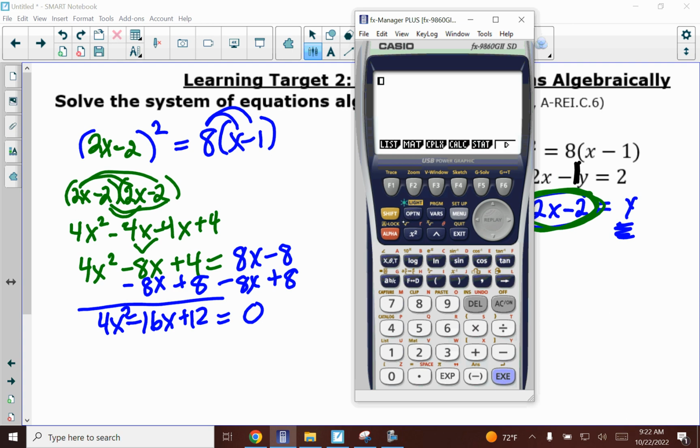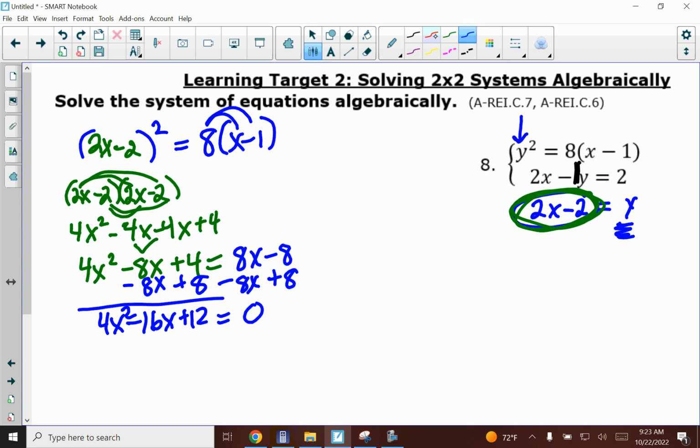So that's a good thing. So you're going to hit options, F6, F4, F6, and then F2. We want to find if there's a GCF between 4, comma, 16, comma, and then 12. So if I close this, this guy right here tells me that the GCF is 4. So I should be able to divide everything by 4, which should shrink the problem and make it a lot easier. So this is going to be x squared minus 4x